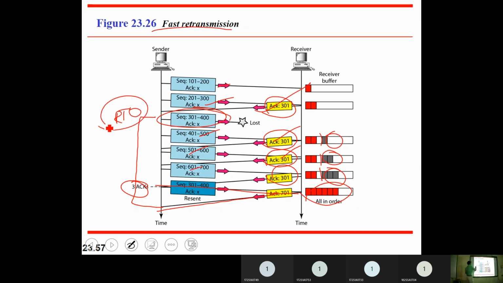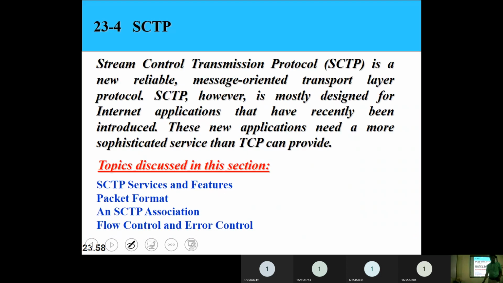So retransmission when RTO expires, and retransmission when 3 duplicate acknowledgements appear. These are the two different cases. How TCP handles retransmission depends on whether you receive 3 duplicate acknowledgements or the RTO timeout has expired. Before the RTO timeout expires itself, I got 3 duplicate acknowledgements, so I don't want to wait till RTO expires, and I am doing retransmission here. Okay, we will stop at this.